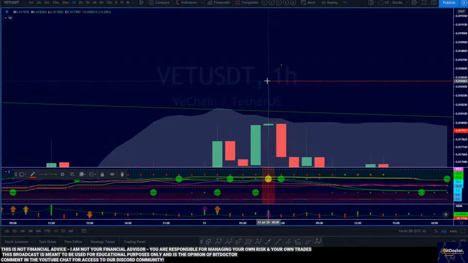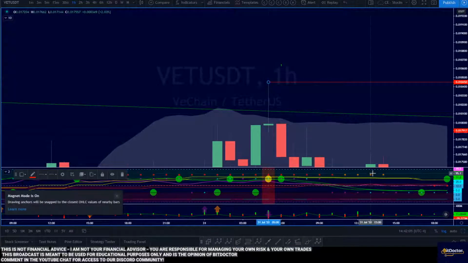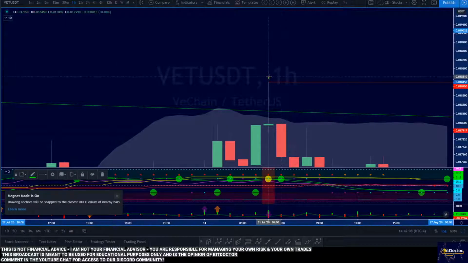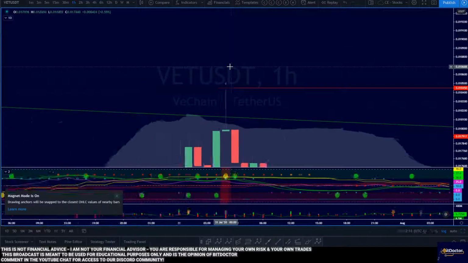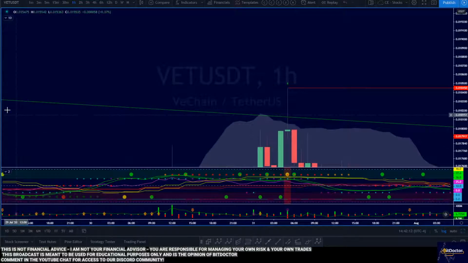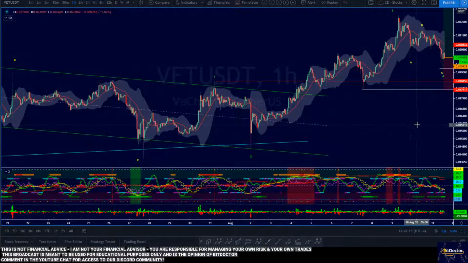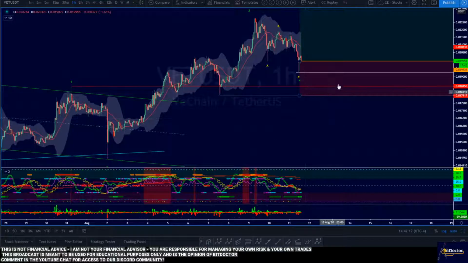So this guy, my magnet tool doesn't seem to want to work, so let's just get this. There we go. At 18,450, that should actually be the true stop loss. We should not violate that. If we're going to continue to move up, we should not violate that particular price right there. So there you have it.